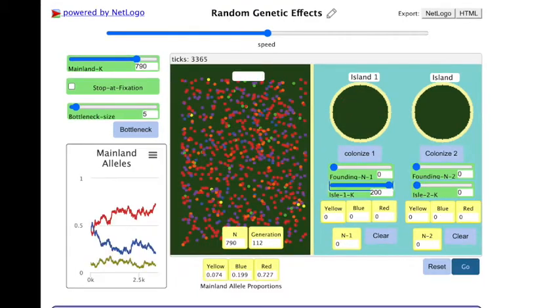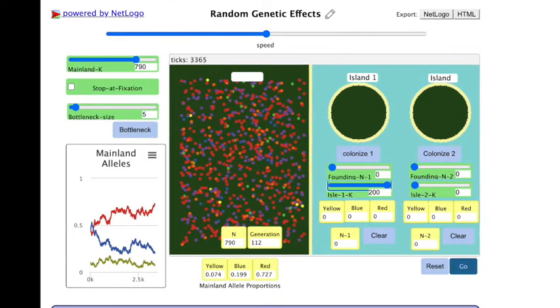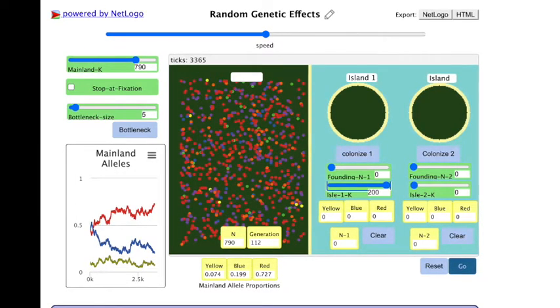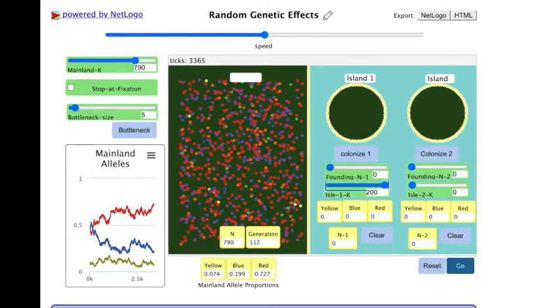0.146. The second parameter that I manipulated was the increase of just colony 1 IL-1-K to 200. The major finding that I saw was a new color that looked like orange along with the purple present. The red color was the most dominating with a number of 0.727. Blue is the second dominant with the number 0.199 and yellow at